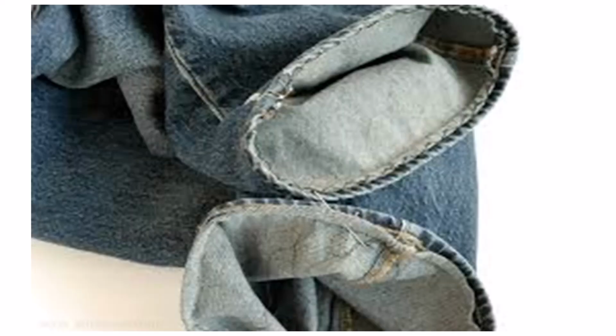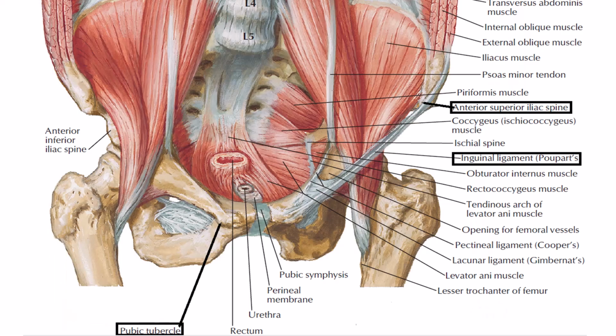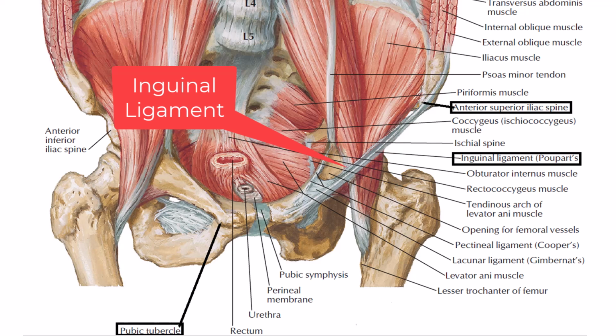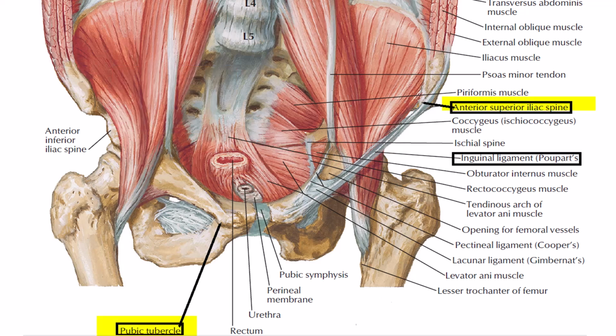Sturdy means strong, and a hem is like the bottom edge of a piece of cloth, as you can see over here, that is folded so that it can provide strength to that edge of the cloth. So it's just like the inguinal ligament. It's the external oblique that is rolled up and tucked so that it can provide strength. This ligament is going to extend from the anterior superior iliac spine to the pubic tubercle.